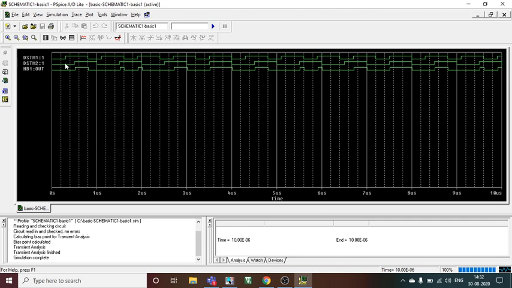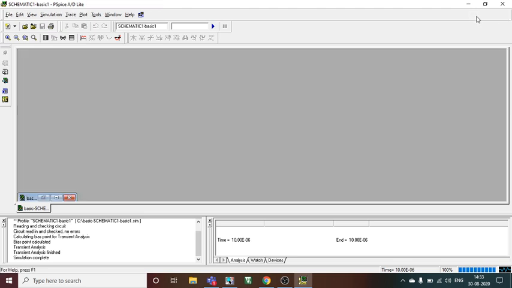Now see this output. You will have to read the output. First two are the inputs, and the third one is the output. So for 0 0 you are getting 0. For 1 0 you are getting 0. For 1 1 you are getting 1. Very nice. We are just getting AND gate output which we actually wanted. So this is how it works.